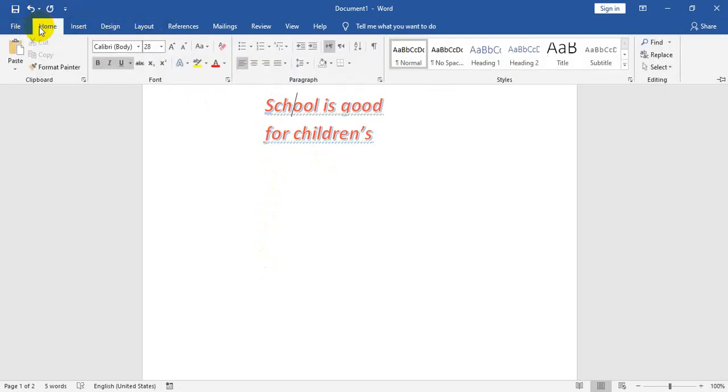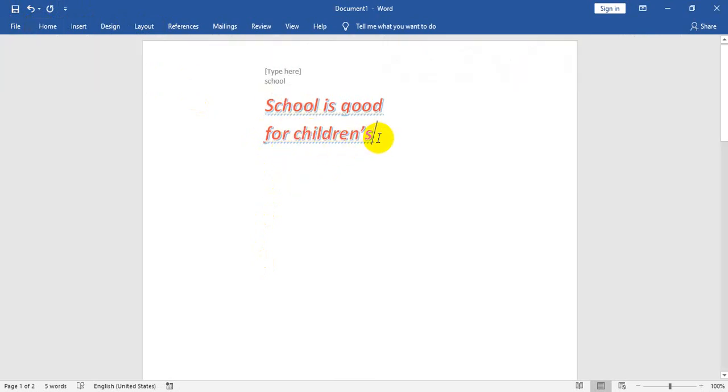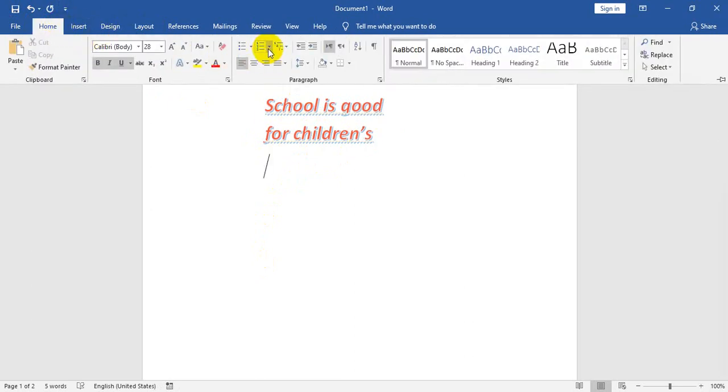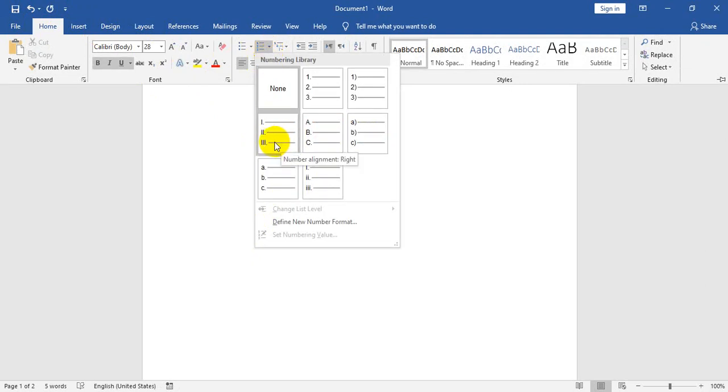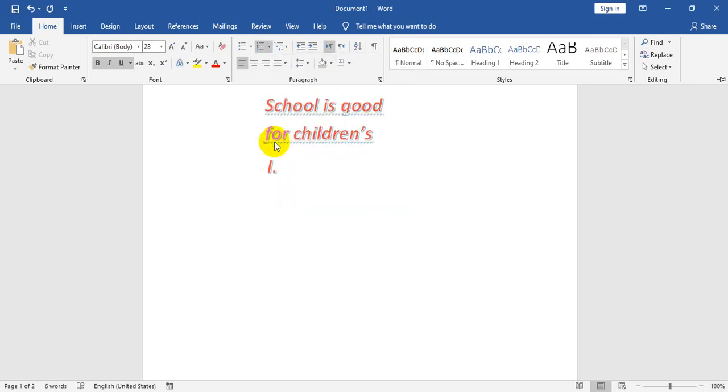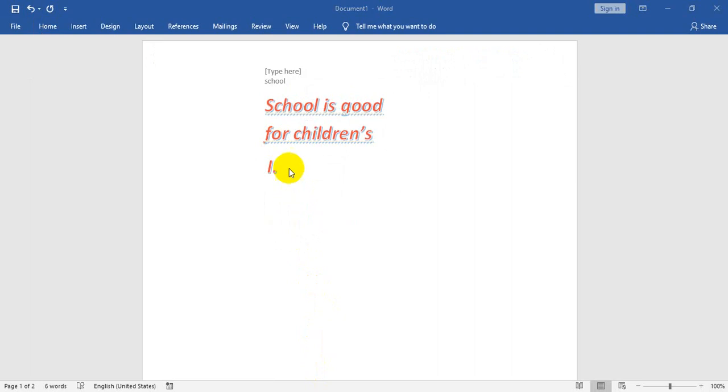Now the next topic is numbers and bullets. Here you can apply numbers. For example, if you click here on the Roman or italic numbers and here you write something, automatically in the second line the number will be allotted to the second.